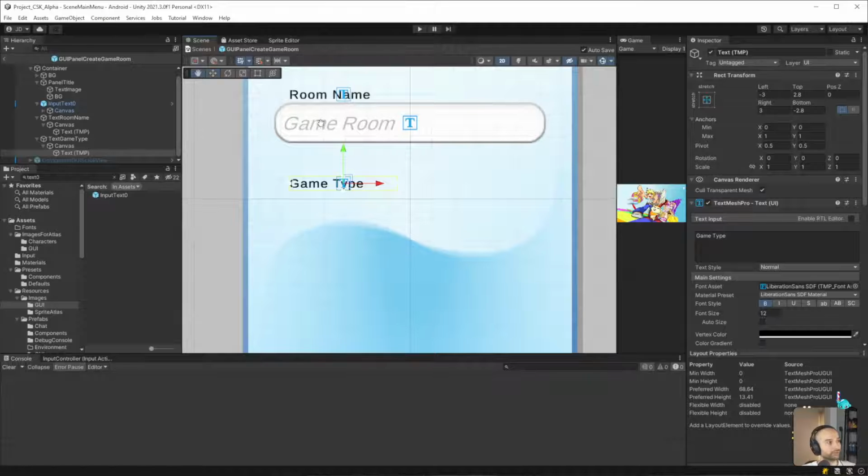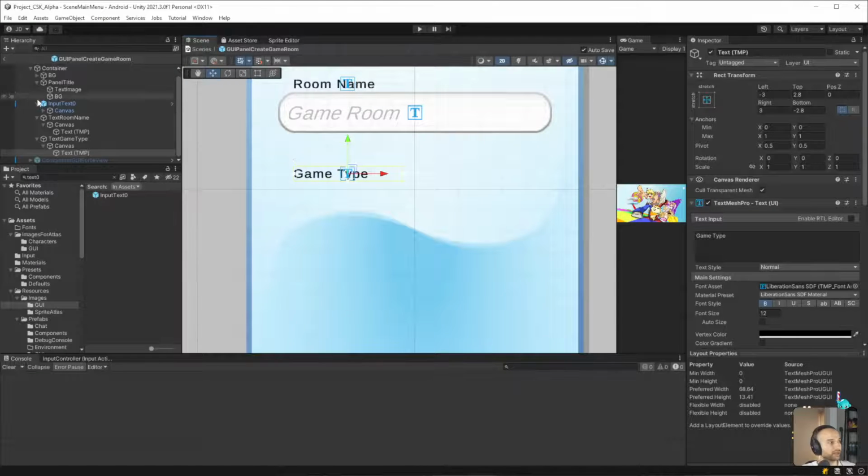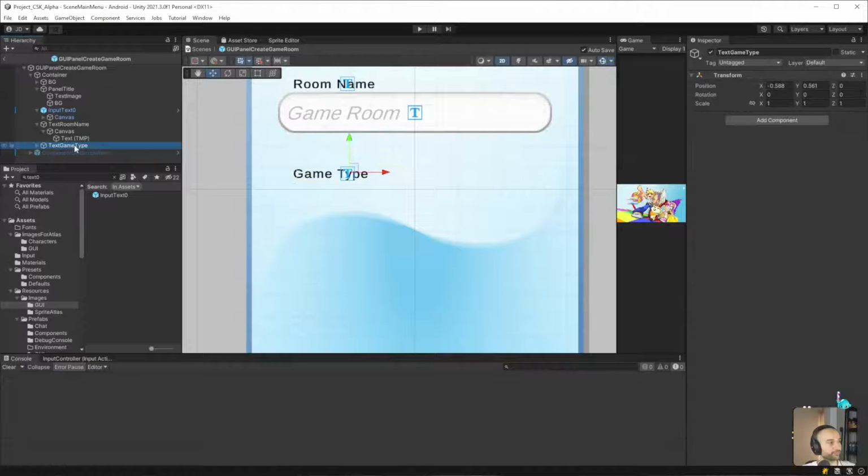So it'll go room name, game type, I'll make a new object for game type